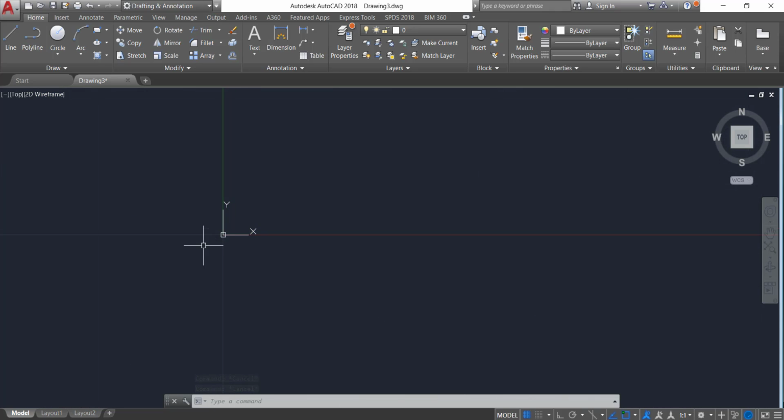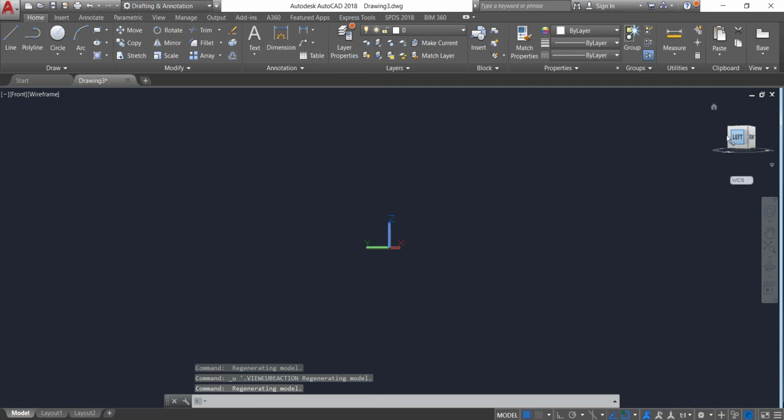So here you can see the XY plane is given. As we are working in a 2D drawing, we are going to work with the X and Y axis, and this is our origin point. Same way here you can see north, south, east and west, all the directions are given. If you want to change the direction according to your drawing, you can change it as well. And from the middle option, you can see currently the top view is activated. If you want any other view, you can change that also. If I want a front view, click on the bottom arrow. Same way for the other views, left, right, everything, you can choose whatever view you want to work on.